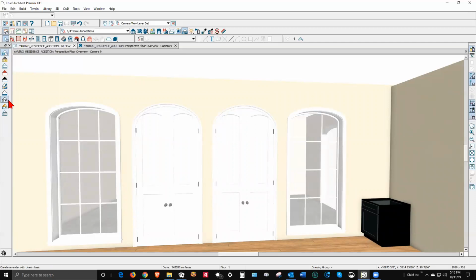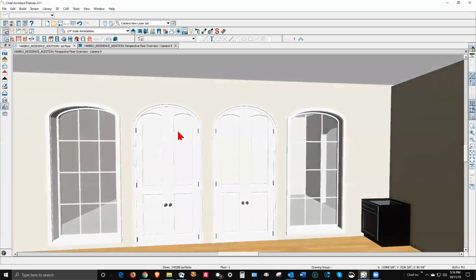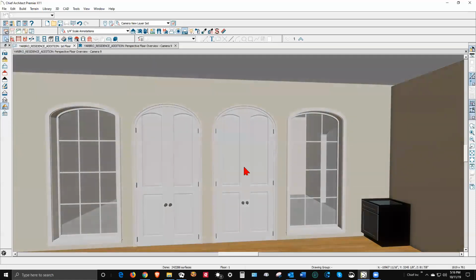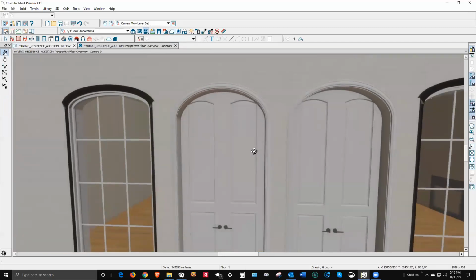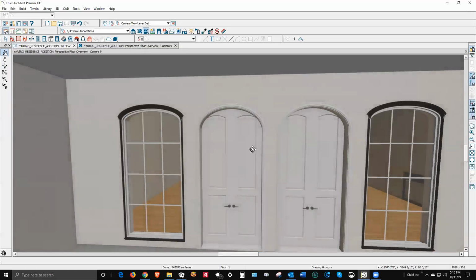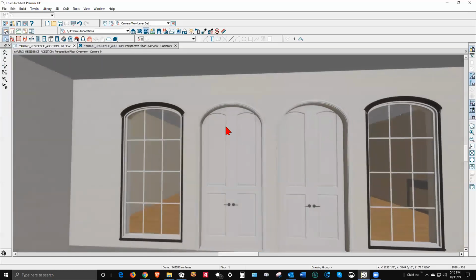Or we could change it to PVR. It doesn't really, without adjusting the light. Well, it looks okay. There's no lights in this plan currently, but it looks pretty smooth right now, and the brick looks like brick. It's just the doors are square,